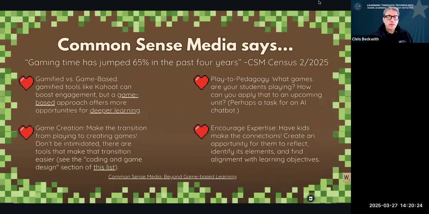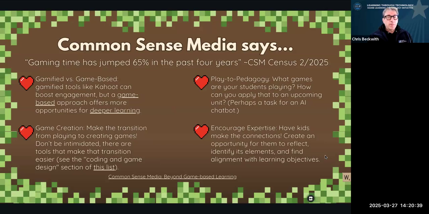This was a report from Common Sense Media, an excellent resource when you're looking at whether a particular media, website, game, or movie is appropriate for a particular age group.